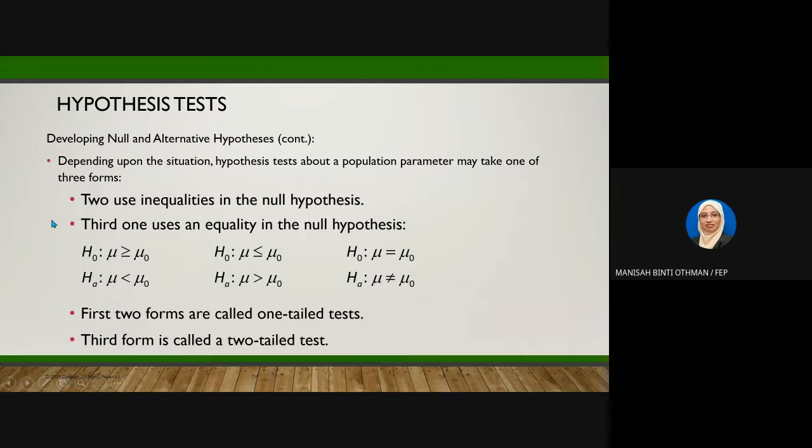Okay, so hypothesis testing, remember you have a null and alternative hypothesis. First we will go into developing hypotheses for the population mean. There are three forms of hypothesis. H0 here is the null hypothesis and HA is the alternative hypothesis. These first two alternatives are